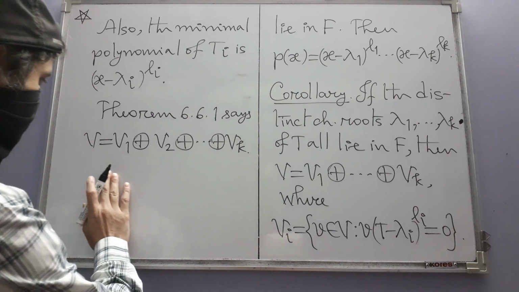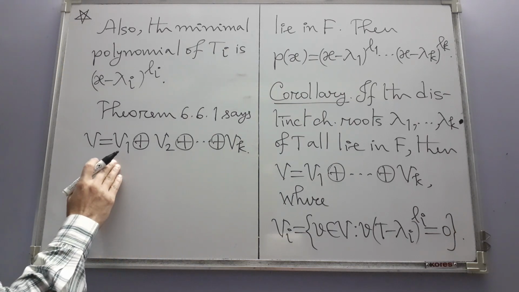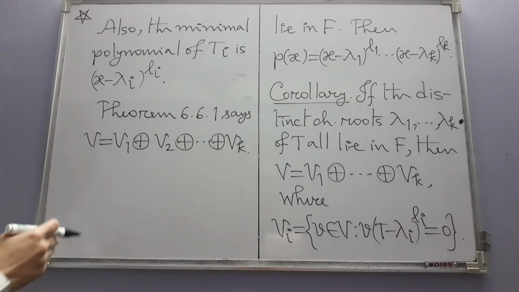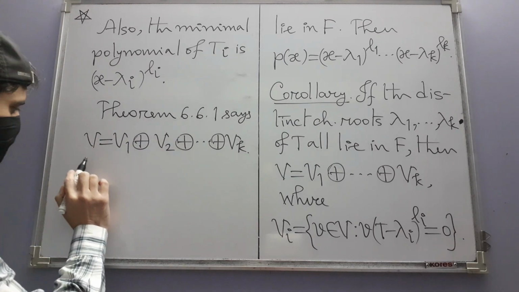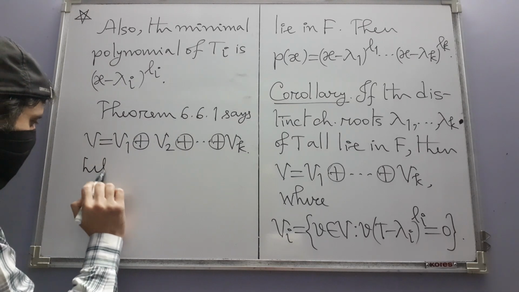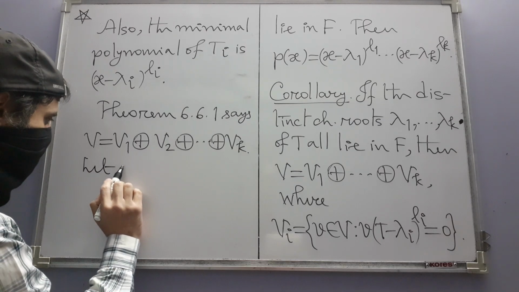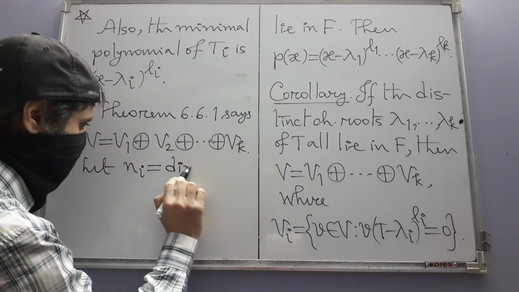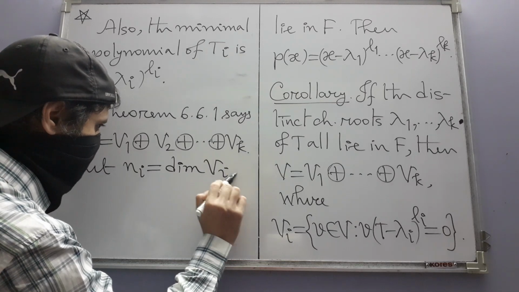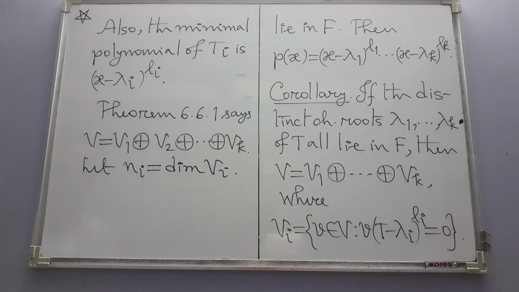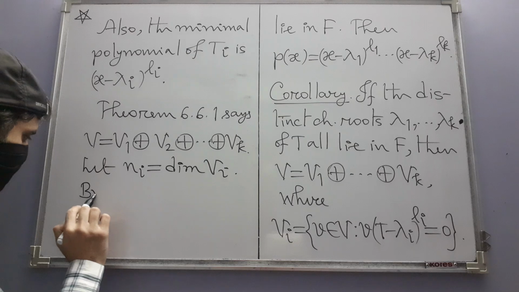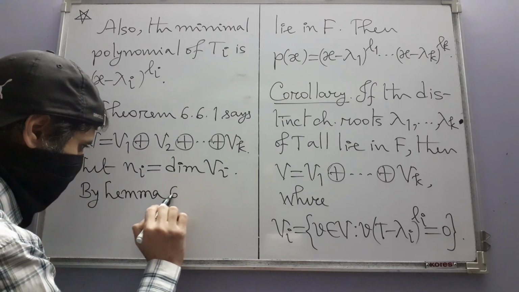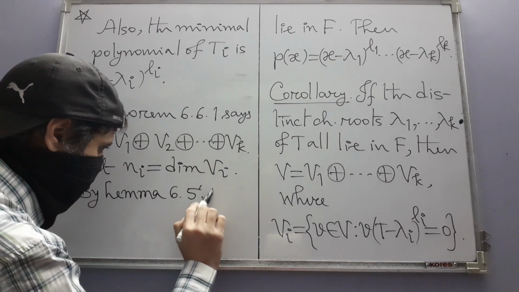But before we write that, let's also name the dimensions of these Vi's. Let Ni be the dimension of Vi for each i. Now, by lemma 6.5.1,